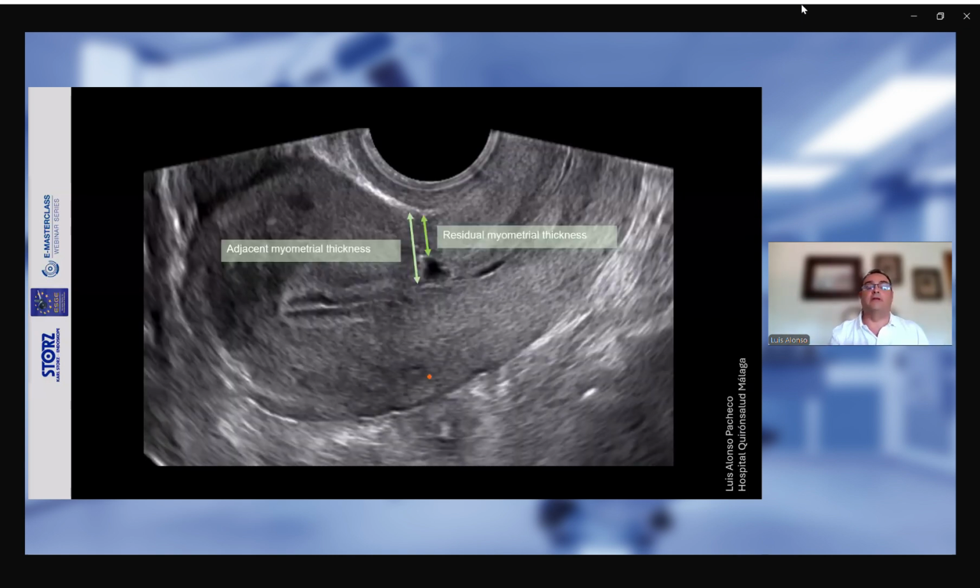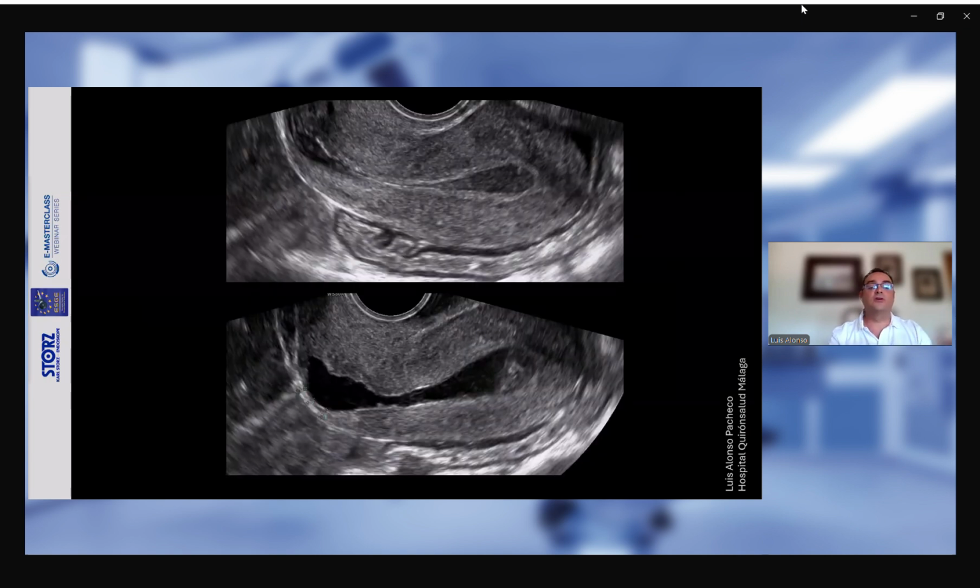And probably the most important part is what you can see in the picture, the residual myometrial thickness, because depending on this residual myometrial thickness, we will choose one or other kind of surgery. It is important to highlight that the best time to perform the diagnosis by ultrasound is during the late proliferative